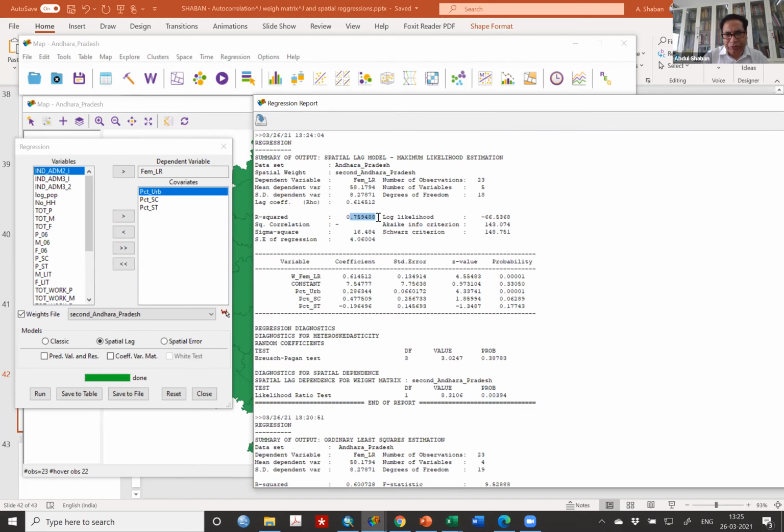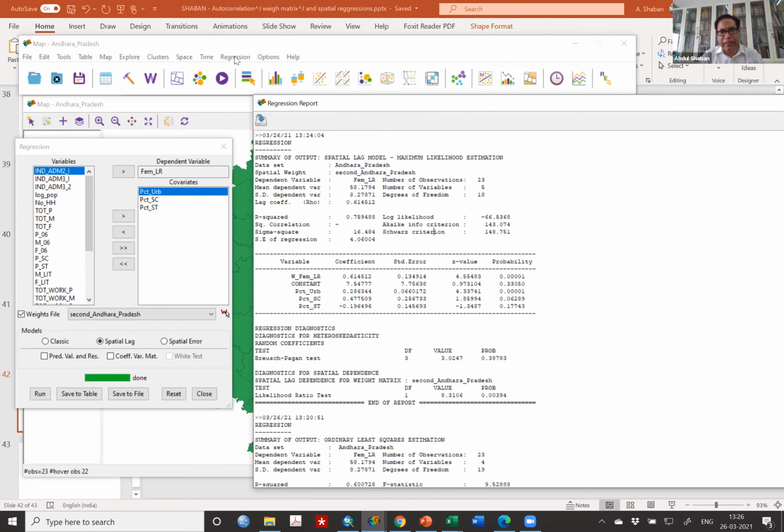Now if this kind of situation comes in, then it becomes a very difficult choice whether spatial lag is correct or spatial error. Perhaps one way out is to just choose your R square values, or minimize the Schwarz Bayesian criterion or Akaike information criterion in selection of the model. But what I wanted to show you is how to do it, and you read the paper which I have given to you. Read Luc Anselin's GeoDa workbook on how to do it.